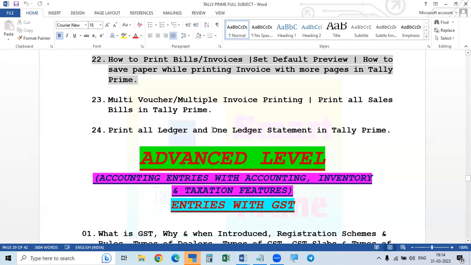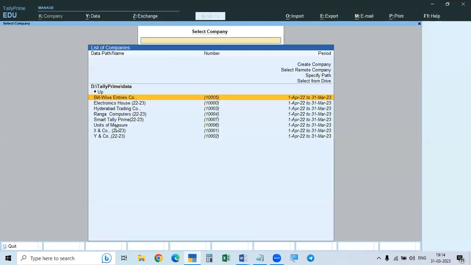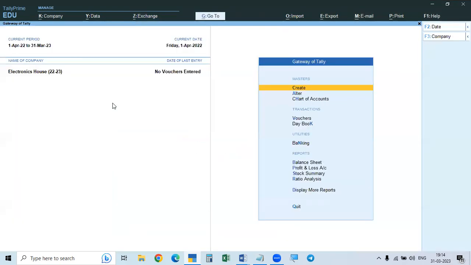In such a case, for that one customer, we can print one ledger statement, and for getting the confirmation from all the debtors, we can print all the ledger account statements also in Tally Prime. For that, how we will do it is, when you are in the gateway of Tally, if you are in any voucher or any invoice bill,